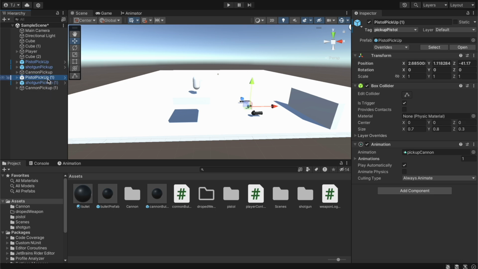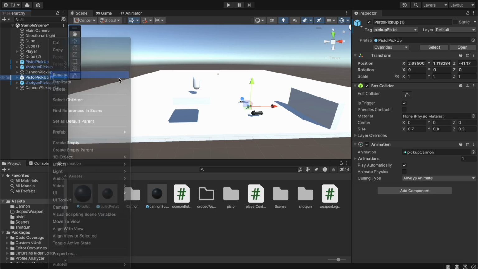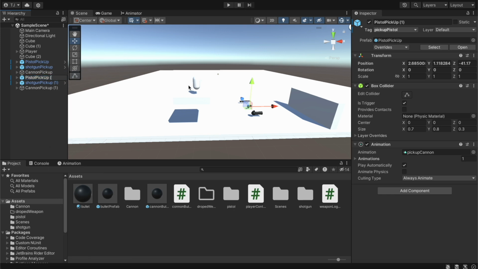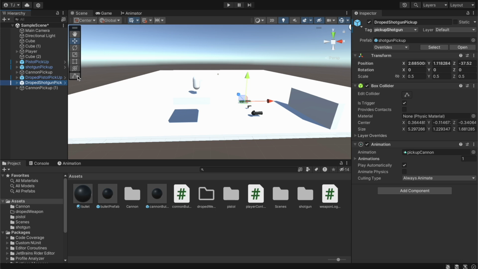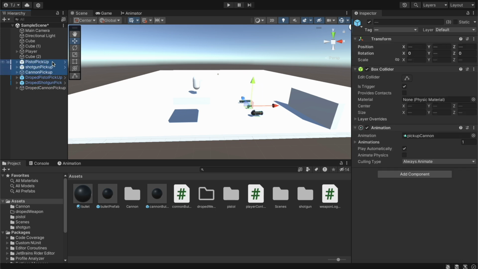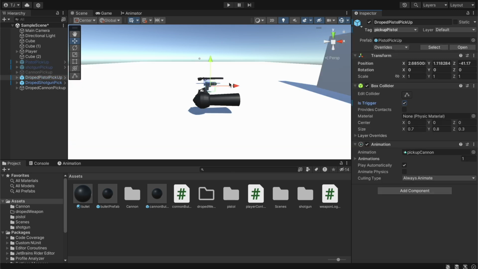Now we have all of them right here, and we can rename it so we actually know which one is which. So we're gonna go over here and we're gonna name it dropped pistol pickup, and also dropped shotgun, and also dropped cannon. Now we can select all the normal pickups and hide them like this, so there's no confusion. So basically when we're gonna drop the weapon, we're actually gonna use some gravity, so the player is actually gonna